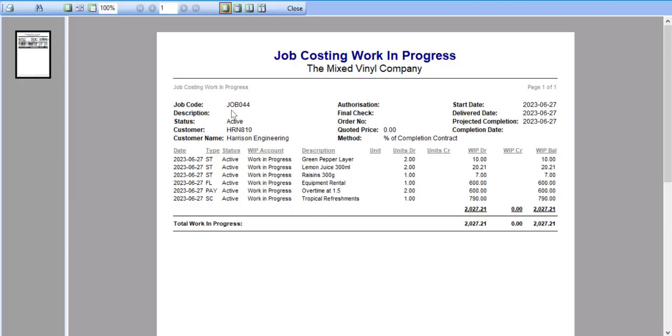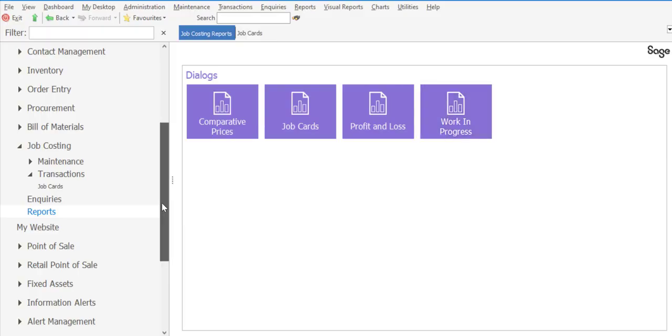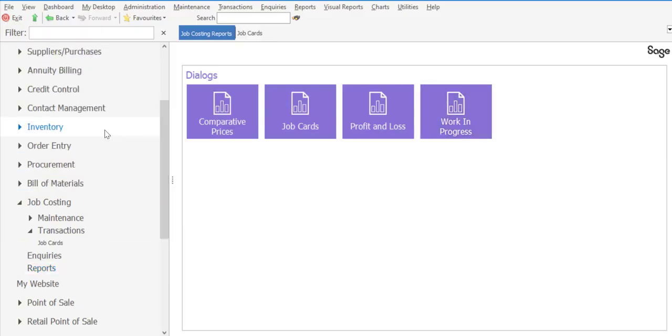So our job card number, details of the customer, and also all the line items that have been allocated onto that job card. And notice that they're currently in work in progress, and I've got my units there, and we currently have the work in progress on this job card displaying with all the relevant information. So the job card is now active, it's in work in progress, and if we then just go, for example, back to our stock items, we can go view the work in progress